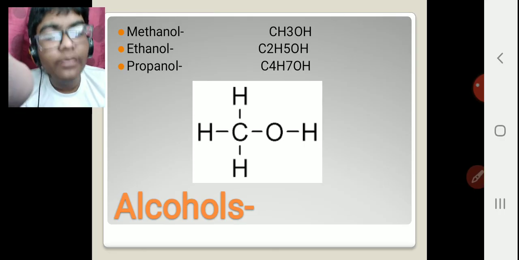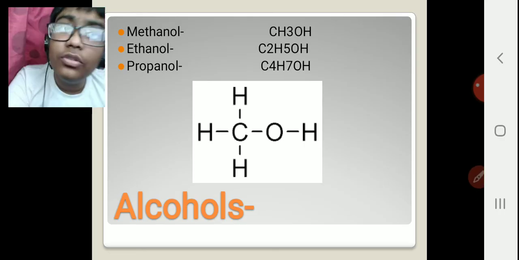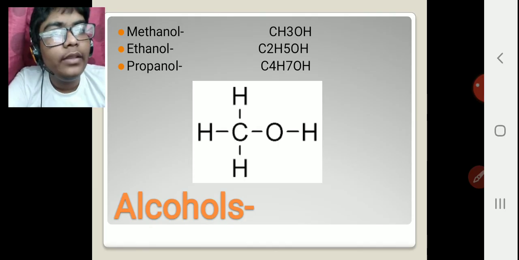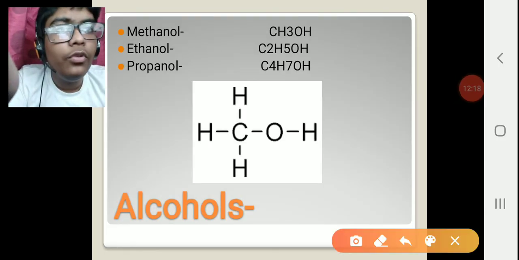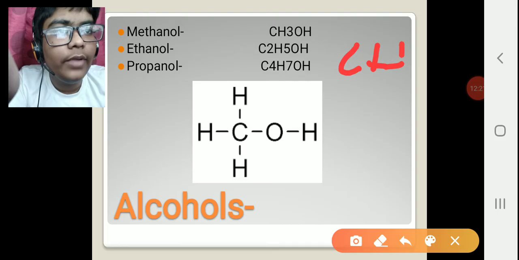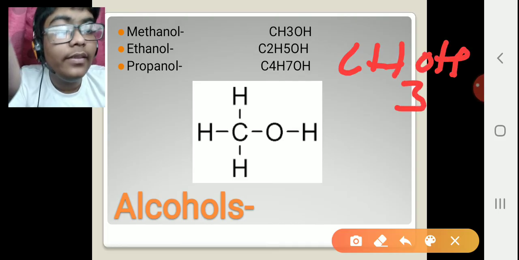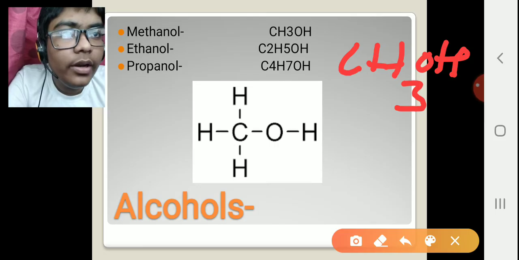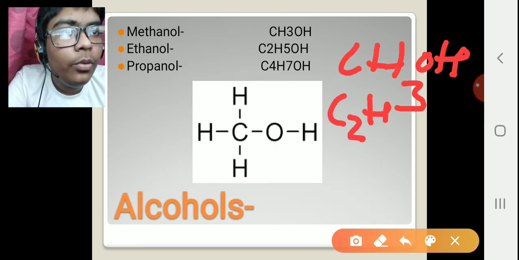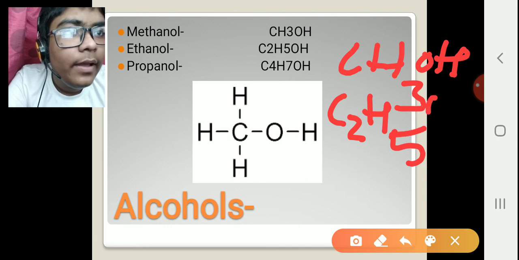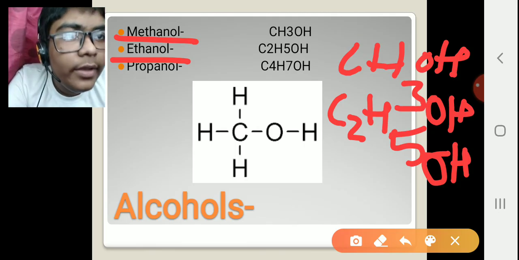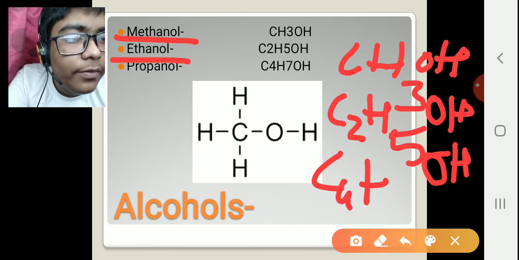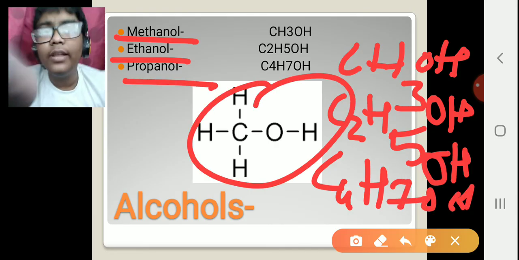Then you have alcohol. Alcohol is again of C, hydrogen, carbon, and also you have oxygen over here. So here again you have a very simple trick for remembering the name. You keep C first, H you take 3, and OH you take as it is. So CH3. Then you add 2 here in C and you add 2 here in hydrogen. That makes it 5, and OH will remain as it is. That is ethanol. Then for propanol you will add 2 more, CH4, C4 it became, H 2 more, 7OH, that is propanol.